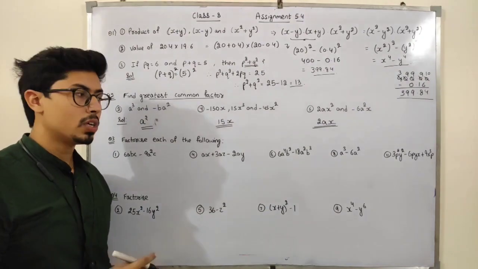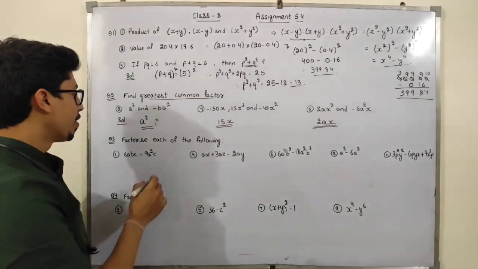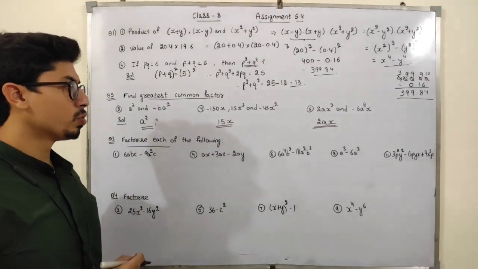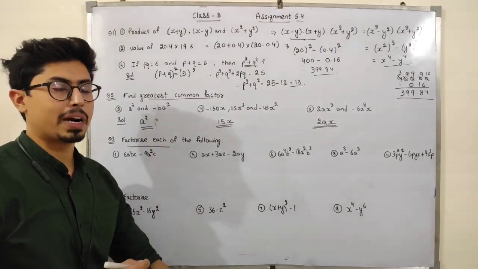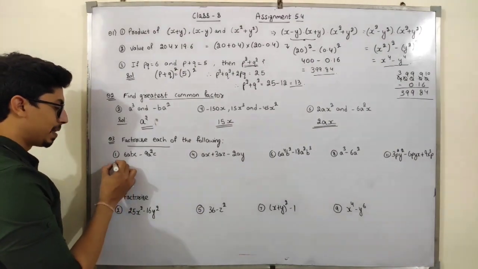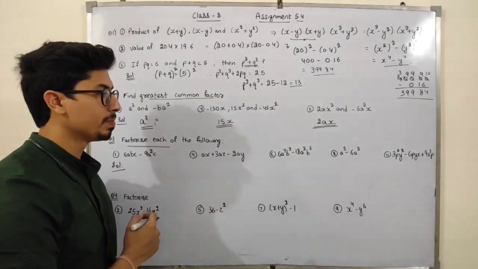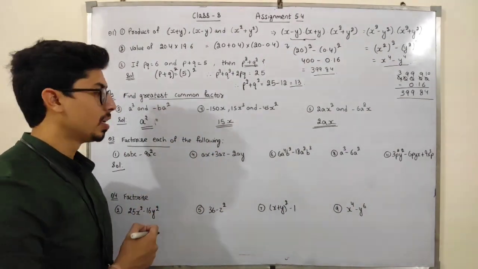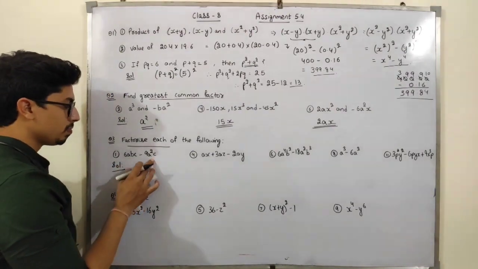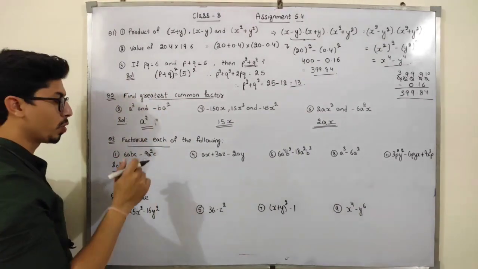Okay, students. So now moving forward, students, in question number 3, factorize each of the following. I have to make the factor of this. Okay, students. Now, students, in this question we have 11 parts, out of which I am discussing some of them. Okay. So first part is, students, I have to factorize this. That means I have to take common, okay, or use some formula. And these students, so see, what can I do? Take the maximum, see, take the greatest common factor out, okay.